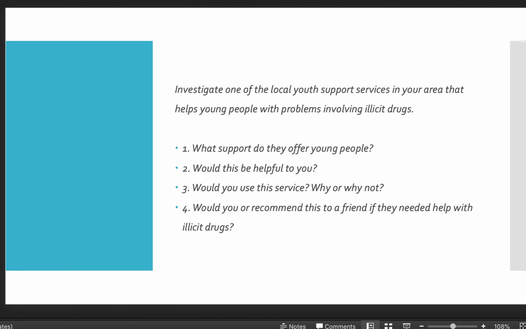It's time to get into a little bit of work now after we've finished taking those notes. What I'd like you to do with this task is to look at something that is local to you. It has to be in the Melbourne region, and the closer to you and where you dwell or live is an even better thing to look at here. But I want you to find a youth support service in your area that helps young people with illicit drug problems. Now, this can be looking for advice after one substance abuse case, and it could also be a long-term substance abuse issue.